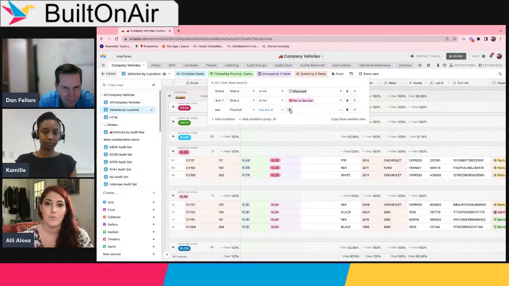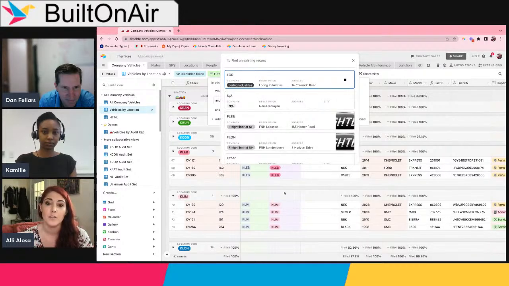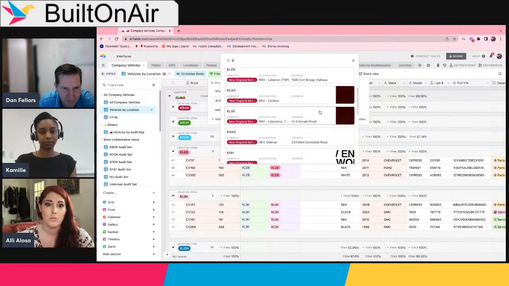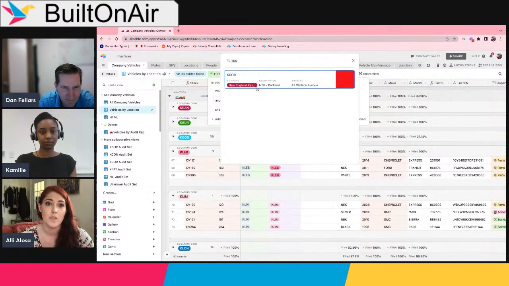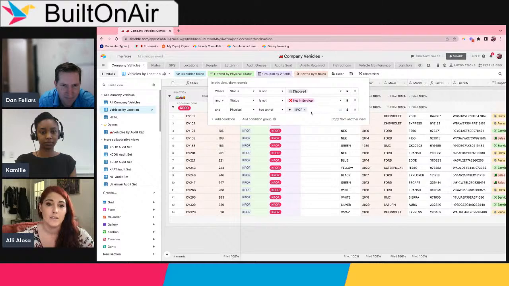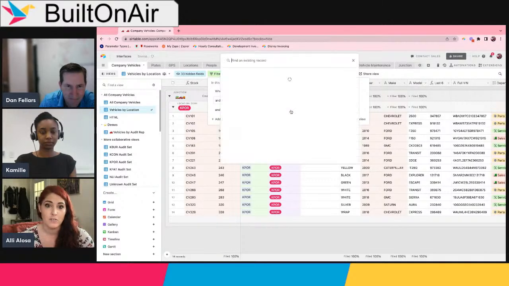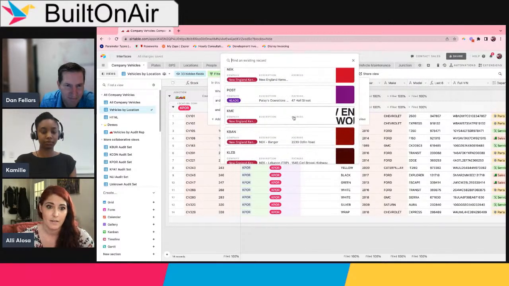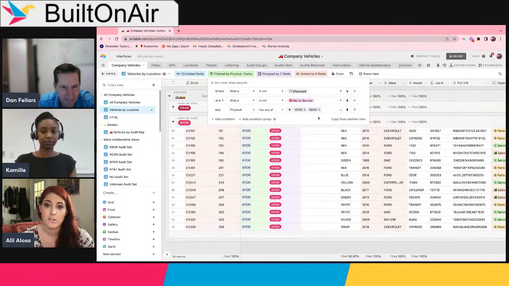So just like I could have with my single select field, now this is going to function very similar to how actually choosing a linked record works in a field. I can actually go and find that linked record. It's going to show me other information about that linked record, just like it does in the linked record picker. And now I can go through and pick my locations just like I could with that single select, which is super, super helpful. Like I said, I still probably will use my little hack with the single select because I like the colors,